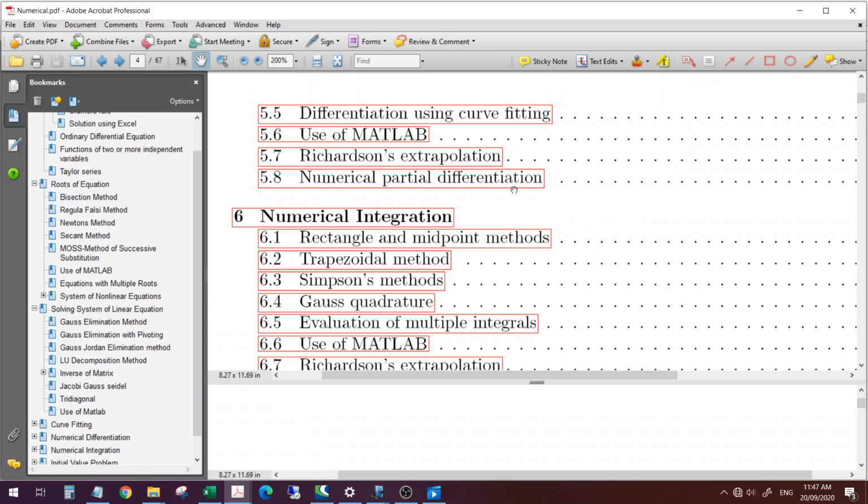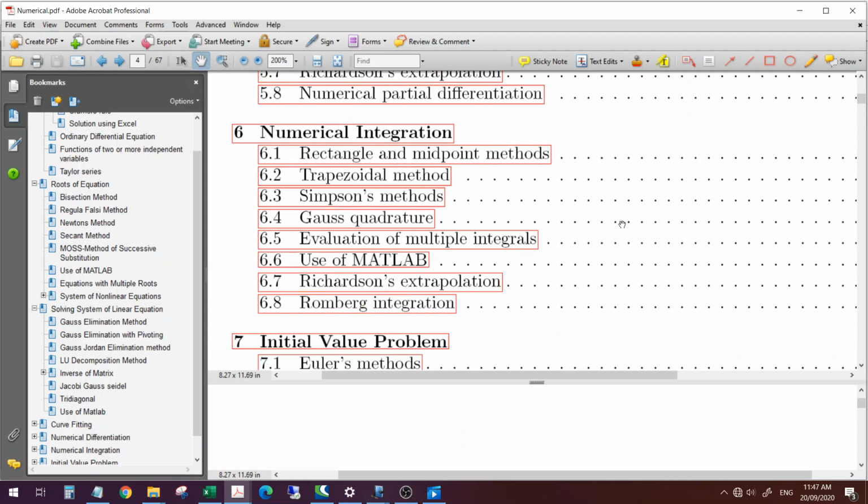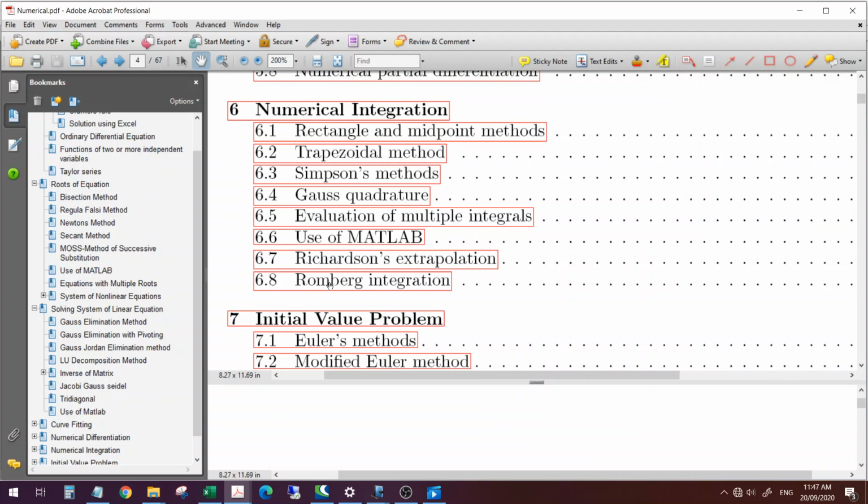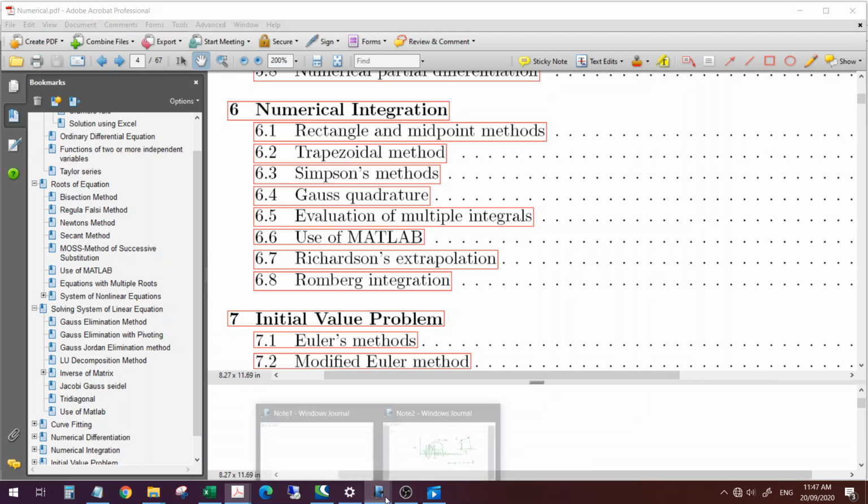Okay. Numerical partial differentiation. Okay. So, kung may differentiation, may integration. Yan po. So, rectangle and midpoint methods, trapezoidal method, Simpson's method, Gauss quadrature, yan. Richardson's extrapolation, Romberg integration. Again, so on a larger sense of application ng finite element analysis, ang gamit naman namin sa civil itong Gauss quadrature. Yan. Gauss quadrature kasi